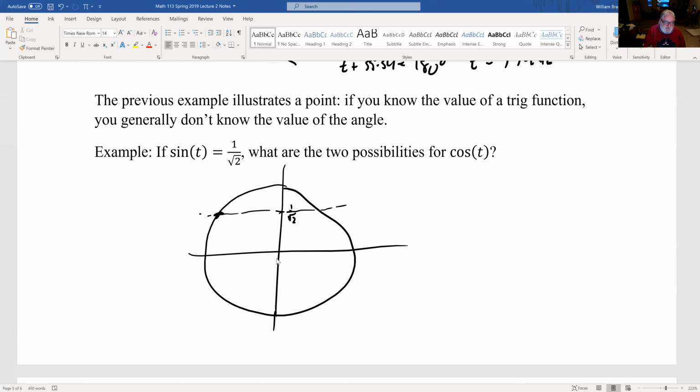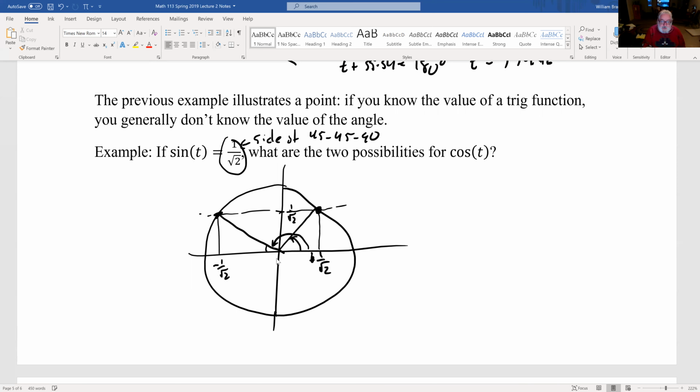So there's 2 possible angles that we could have, this one or that one. Then the question is, what are the 2 possibilities for cosine of t? And that would be the x coordinate here, which would be 1/√2, or the x coordinate over here, which is -1/√2. Because we know that this is a 45, 45, 90 triangle, because we recognize this as a side of 45, 45,